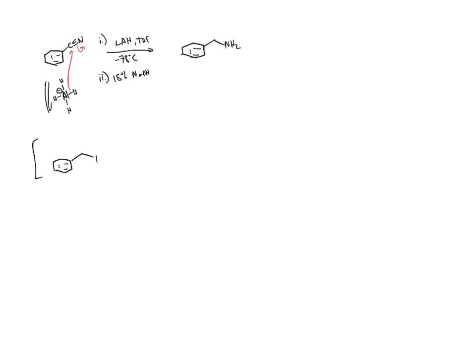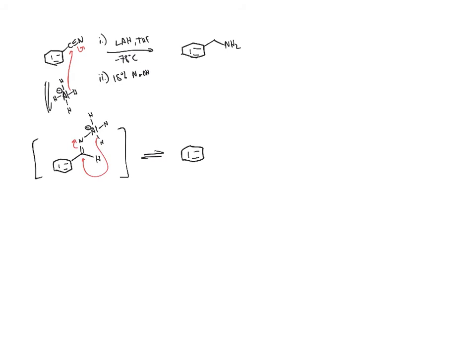We have a new carbon-hydrogen bond, and then we've got our aluminum bound to that nitrogen. What happens here is that the aluminum hydride can actually deliver a second equivalent of hydride in an intramolecular sense